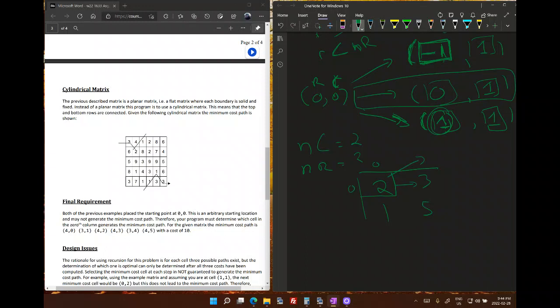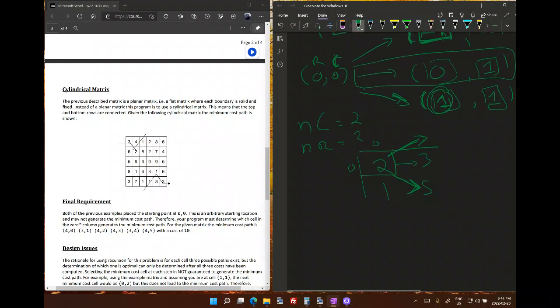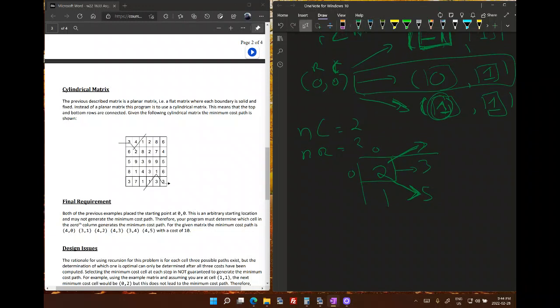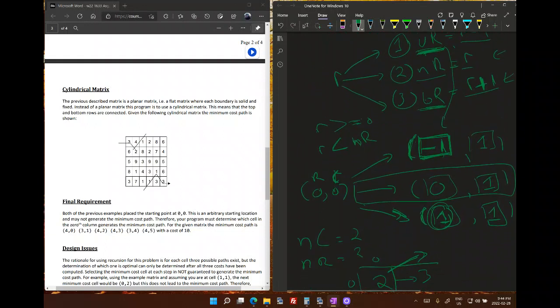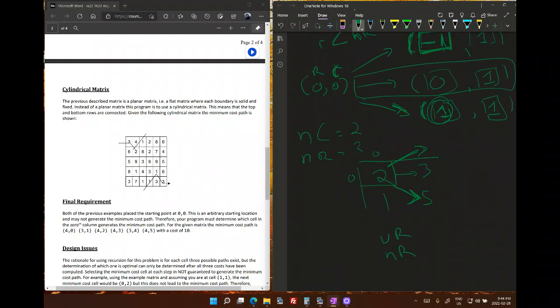So the one going above, the one going here, and then the one going here. So that means we have your upper R, your normal R, and your below R. So we calculate each one of those, which is then again your R - 1, just your R, and your R + 1. And here we have 0, comma 0. That's our R, that's our column. And so our R minus 1 gives you 0 minus 1, which gives you minus 1. Then your R is 0, which gives you 0, and our R plus 1